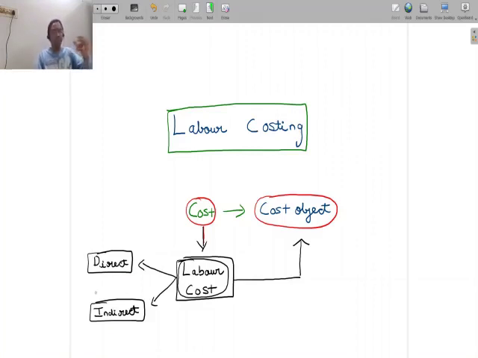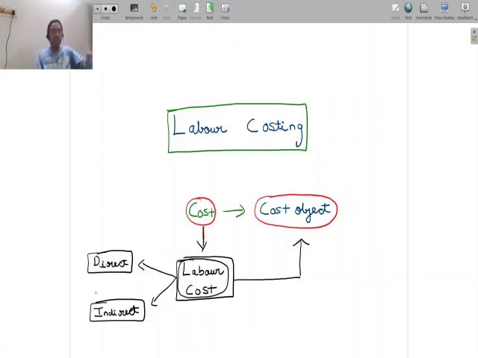Let's say manufacturing of a certain product is happening. I am a company, let's say, and I'm manufacturing a product called product A, and I'm manufacturing several units of product A. Every unit of a product is what I consider as a cost object. So for one unit of product A, what is the cost associated? I want to find out. Now every unit of product A, in our previous example, let's say we looked at 50 rupees as the labor cost. So 50 rupees was associated with every unit of product A.